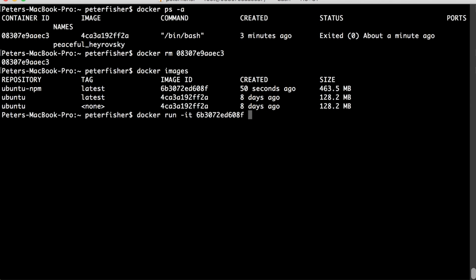And actually what I'm going to do is just run npm -v. That will print out the version of npm from the container. So if I did that, we should get 3.5.2, which we do. Now, if I was to do that against the previous image, the image that we first got from the public